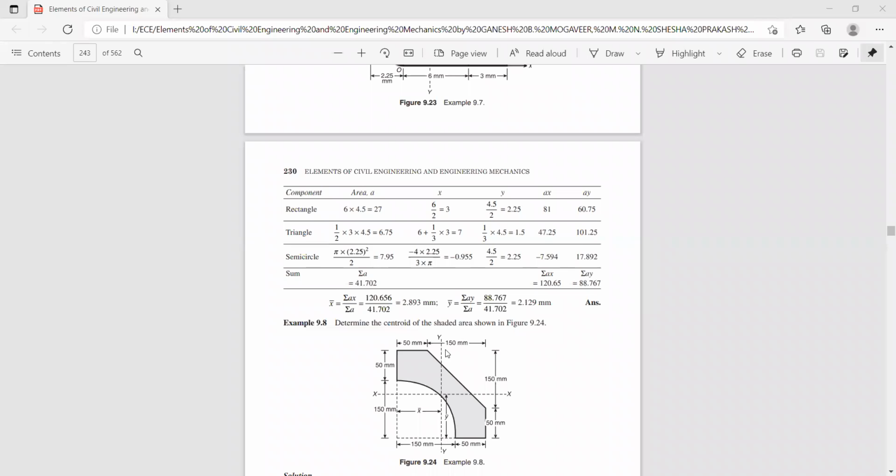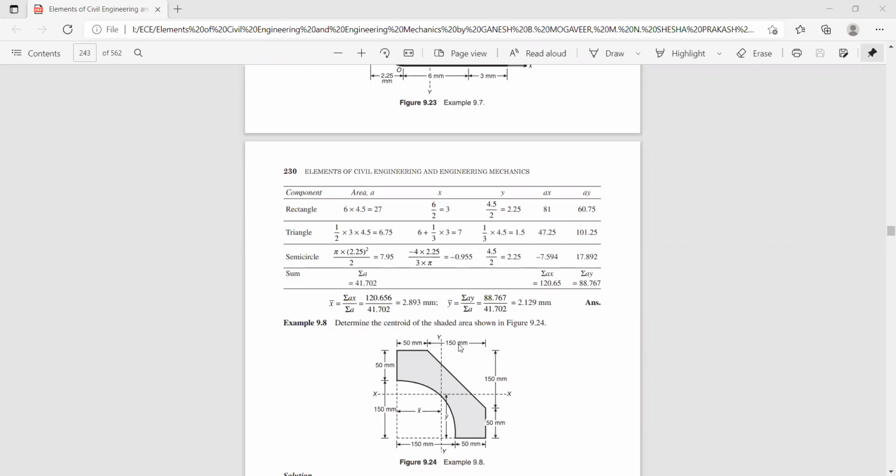So it is measured along its height, correct? From this point to this point, it is 150. So 50 plus x3 is 50 plus 2h by 3, that is 2 into 150 by 3. So this is the centroid of the triangle. Measured along its height is 2h by 3 or 2b by 3. 2 into 150 divided by 3, that is 100 millimeters, plus 50 because we are measuring with respect to the x-axis. So 50 plus 2b by 3, that is the x1.